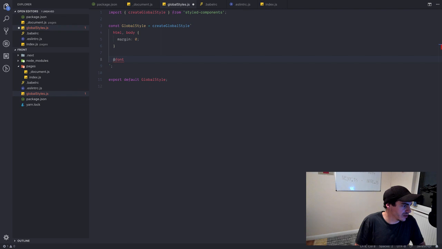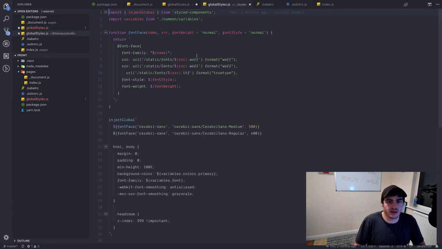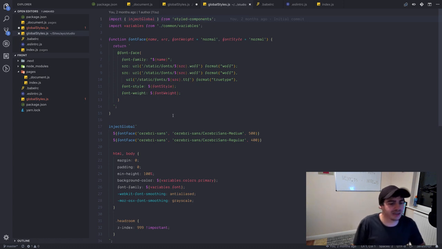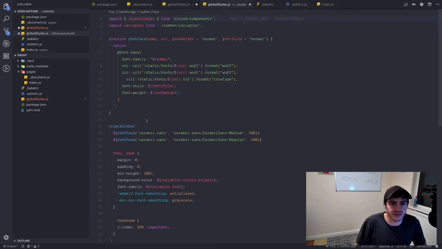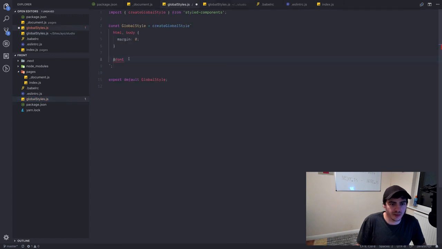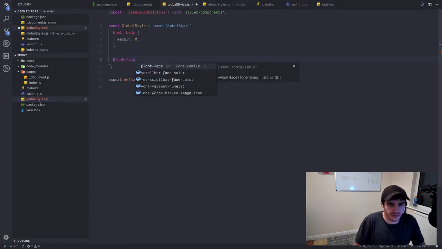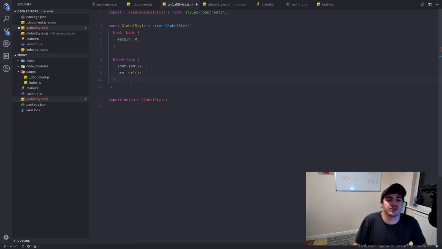Okay, so this is an example where I've used exactly the same font, and yeah, it is font face. So I don't really know why I didn't come up here. So yeah, the font face function, normally you define a font family name, and this can be